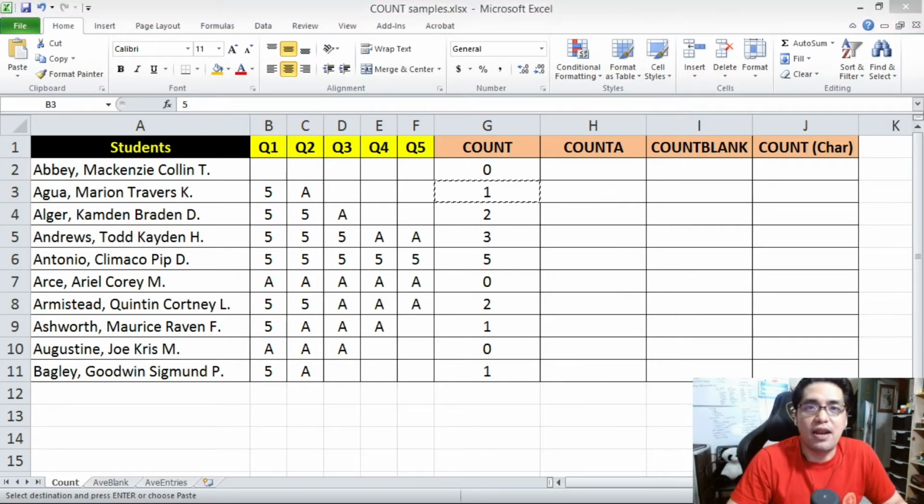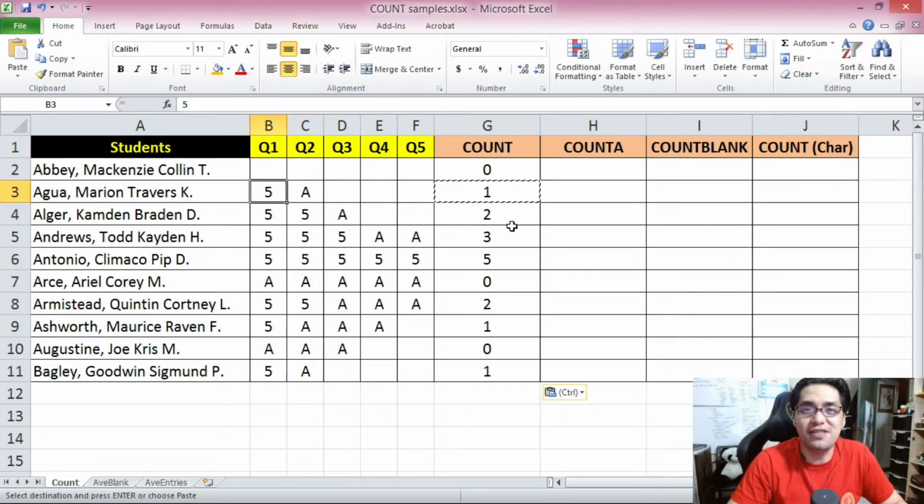Well, I know some people are asking, especially my viewers who are teachers, why would I want to count the number of numbers within a range of cells? Well, the count function is very, very important in many statistical calculations. For example, finding the number of elements or finding n. The count function is also useful for certain surveys when you want to count the number of respondents or you want to count the number of responses, especially when the responses are numbers.